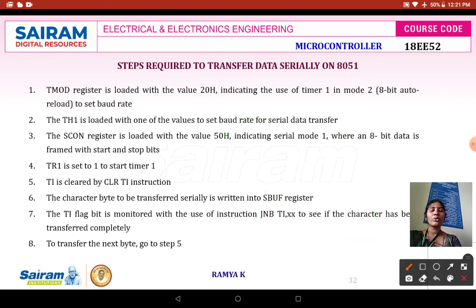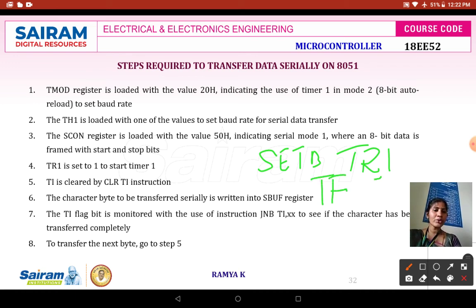Then I have to make the display work, or to transmit the data, you have to start your timer. To start the timer, you have to use the instruction called SETB TR. Suppose I am going to use timer 1, I will be using SETB TR1. Then once the timer run bit has been started, frequently you have to check your timer flag.